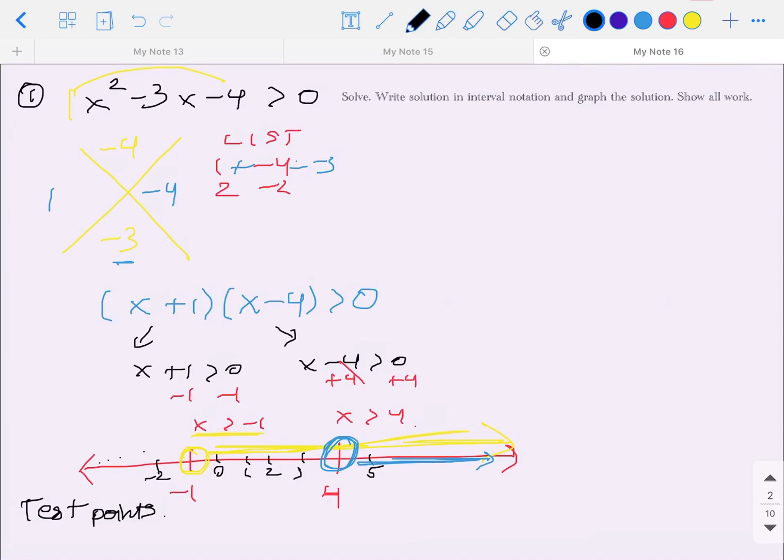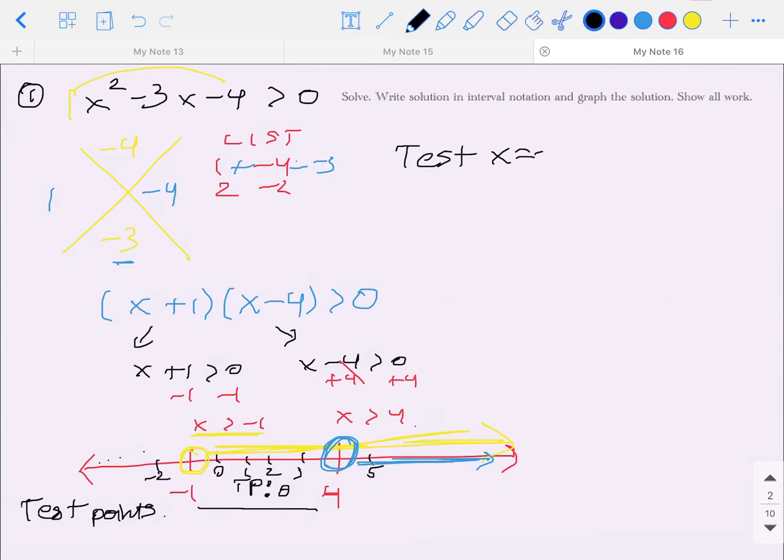In the following questions, we'll be uncovering where solutions do not make sense in the inequality. Whenever there's a negation in the system, then that will be canceled out. So I'm going to say test point. Perhaps we can use 0, because 0 is between -1 and 4. So test